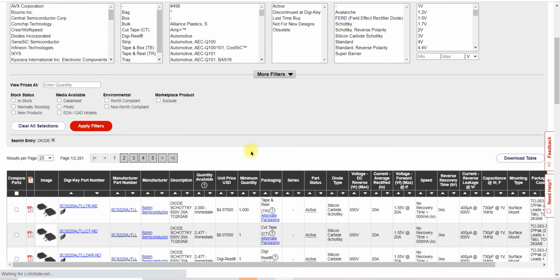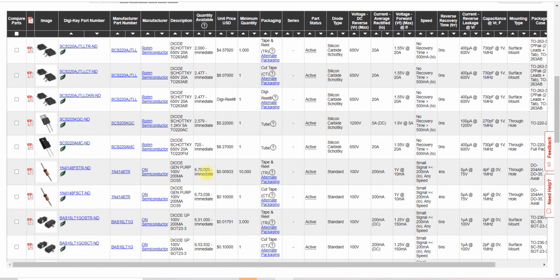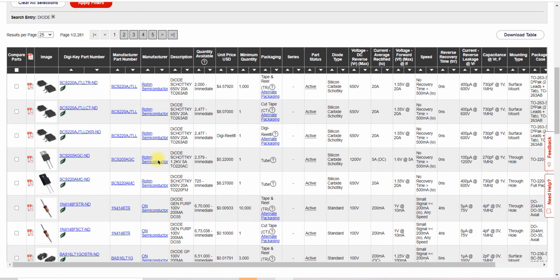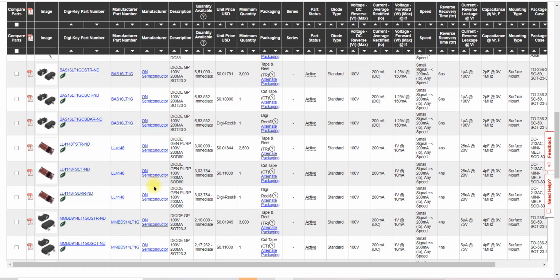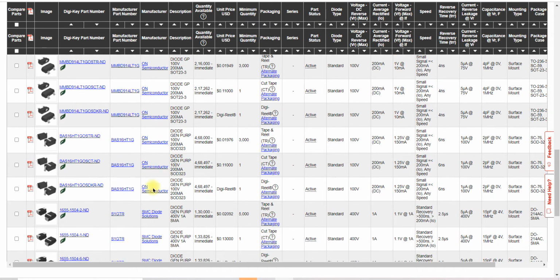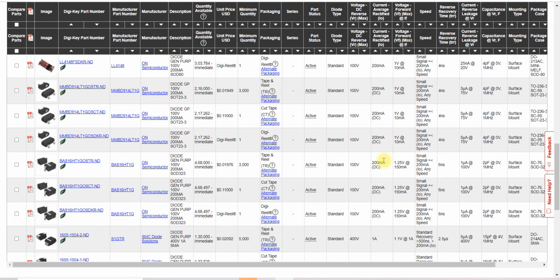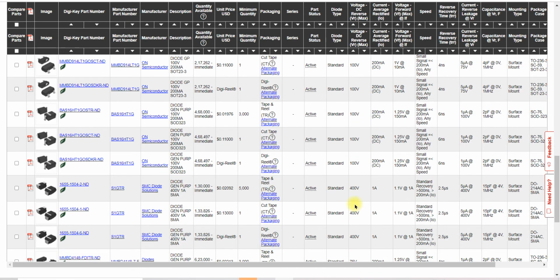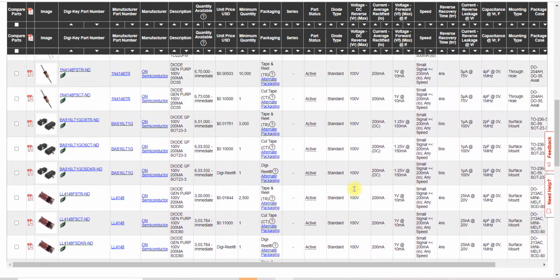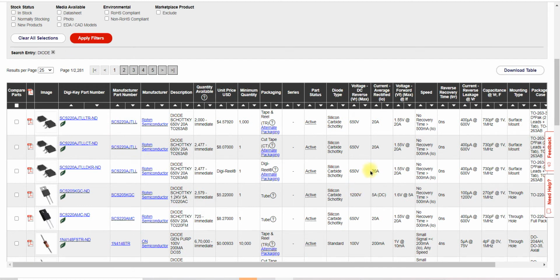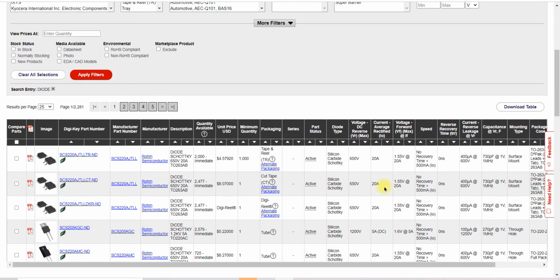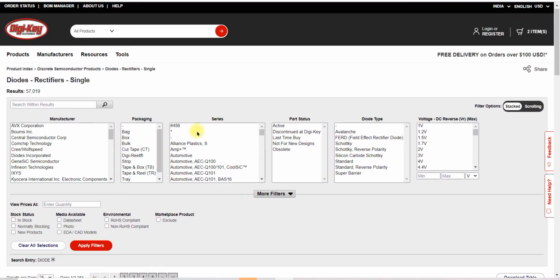First it simply shows diodes with different manufacturers and different parameters like 1 ampere, 200 milliampere, 100 volt, 400 volt, because you did not select the parameters of the diode. So now we will select the parameters of the diode as per our requirement.